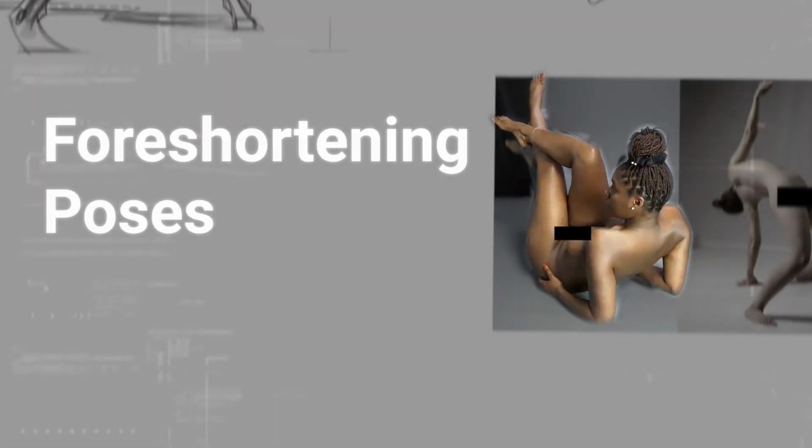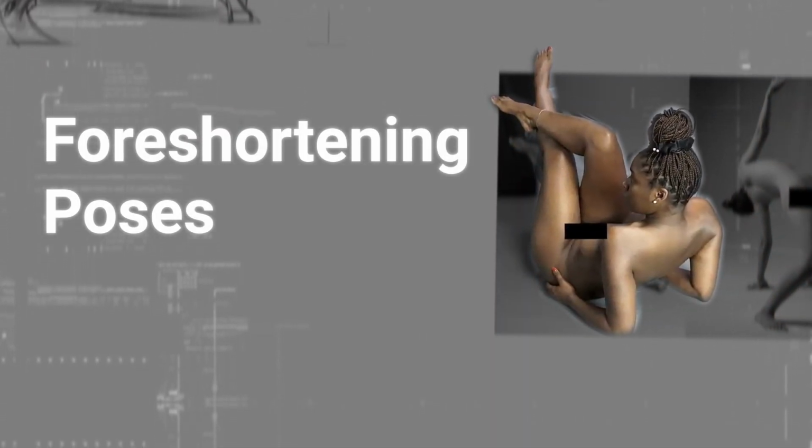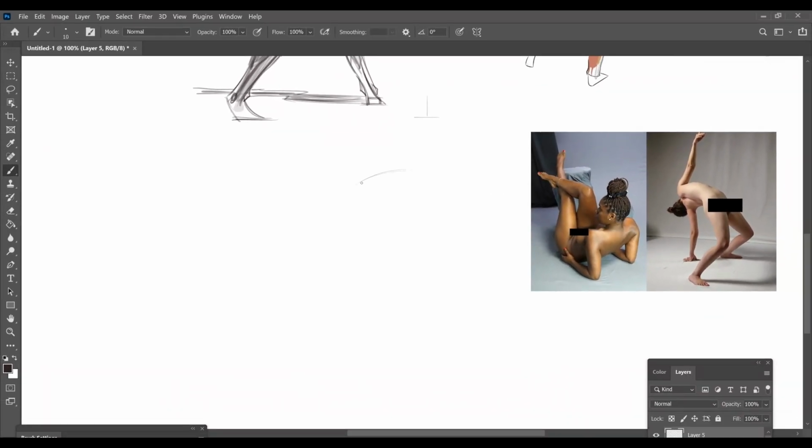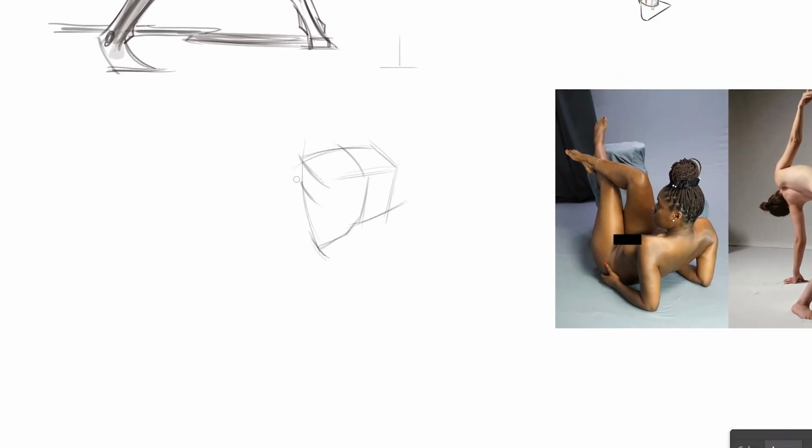So let's start with this one. It might be fun just to think about, we haven't done a ton of poses that are super foreshortened just because they're not always conducive to studying muscles. I really do vary my approach for different poses. If it's light and shadow, I'll tend toward a simplified way of looking at shapes. Sometimes if it's really foreshortened, I'll tend to be more perspective heavy and stack form more